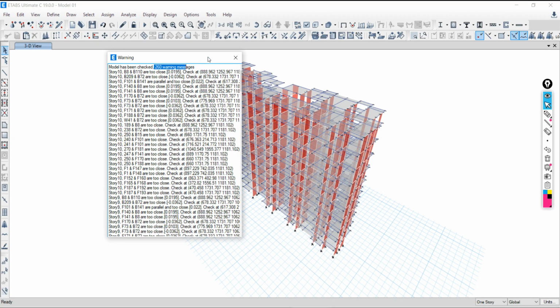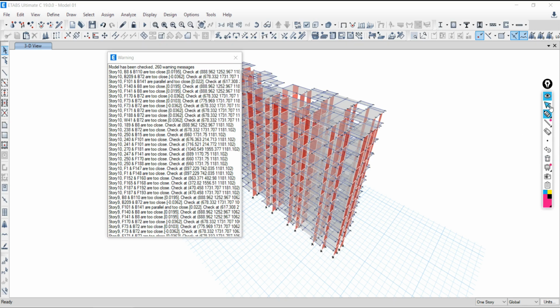How will the load transfer to the elements? Modeling wrong means what? Suppose one beam is like this, another beam is like this, and over that a slab is there. So the load will transfer to the beam. Then the beam is responsible to transfer to the next beam. But the joint is not perfect, the correct modeling is not there. Then how will you say that there is a proper transfer of the stresses, proper transfer of the loading to the supporting element? So your result will not be acceptable at all.